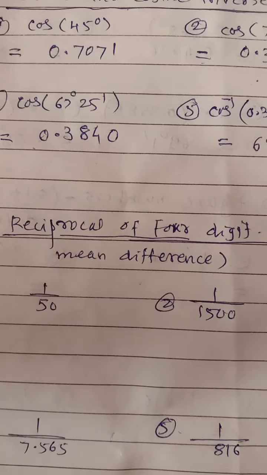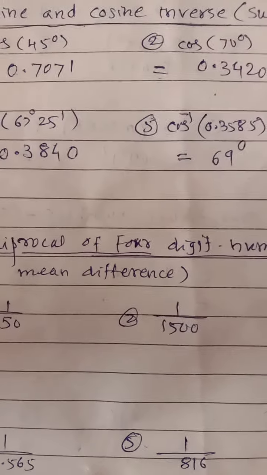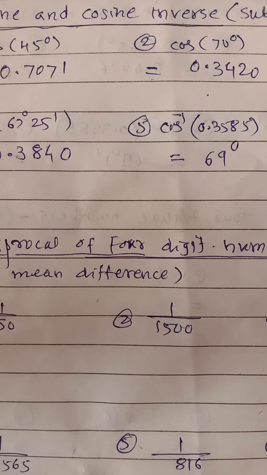And now if you consider tangent of any angle or tan inverse of any given number, then the same procedure as that of sine and sine inverse will be used there. For that purpose again a natural tangents table will be provided to us, and the same procedure as that of sine and sine inverse will be used to find the value of that given number.